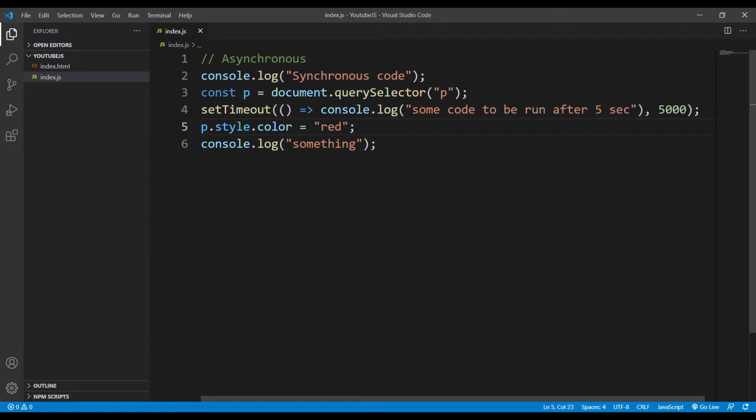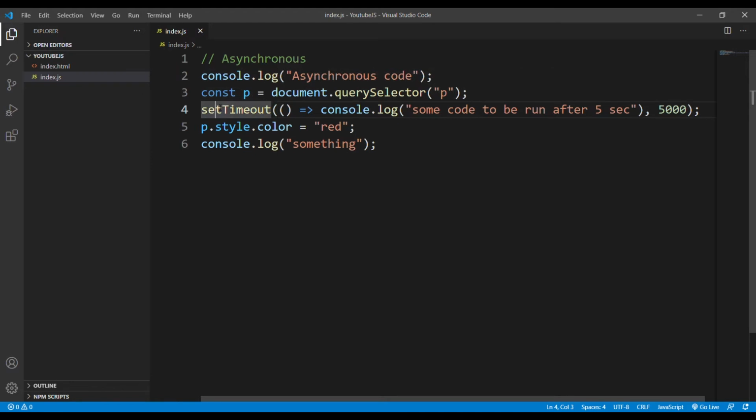so in asynchronous code, let's again run this line by line. First, this line will be executed. Next, this line will be executed, and then should this setTimeout function work in a synchronous way? So should it be relevant if we wait just for 5 seconds to run this callback, and after that 5 seconds our rest of the code will work? No, that should not be acceptable. And by default, setTimeout function will work in an asynchronous way.